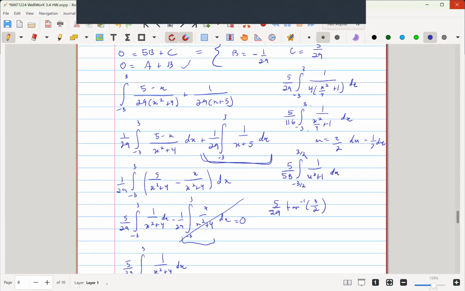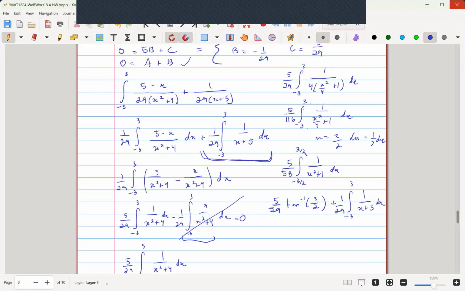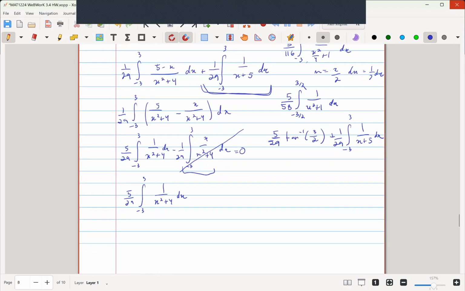So 5 over 29 inverse tangent of 3 over 2, plus our last integral of 1 over 29, integral of -3 to 3, 1 over x plus 5 dx. And thankfully, we know that this is just going to be 5 over 29 inverse tangent 3 over 2